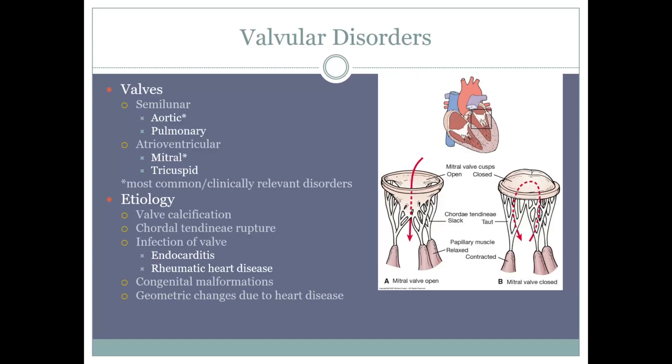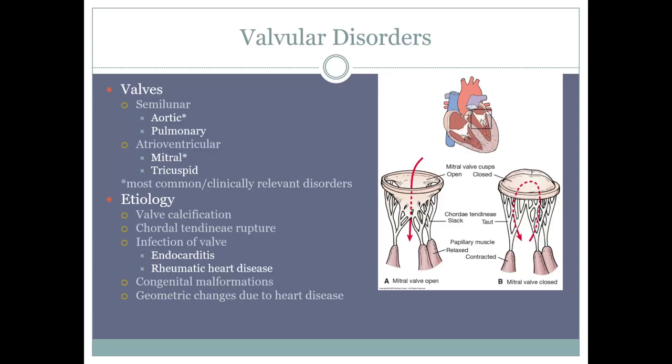Chordae tendineae rupture could be due to a myocardial infarction, for example. So they're not opening and closing via those muscles, and the tendon itself is ruptured. Could be an infection of the valve, endocarditis, genetic malformations, or just prolonged heart disease that changes the geometry of how those valves interact with the papillary muscles,